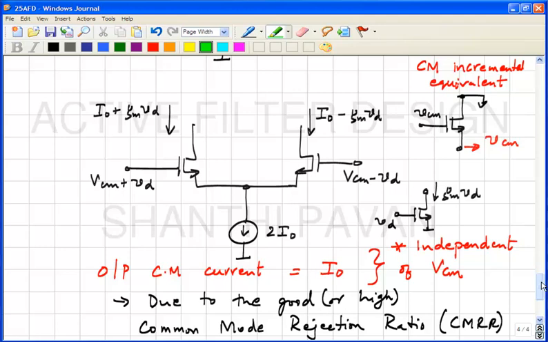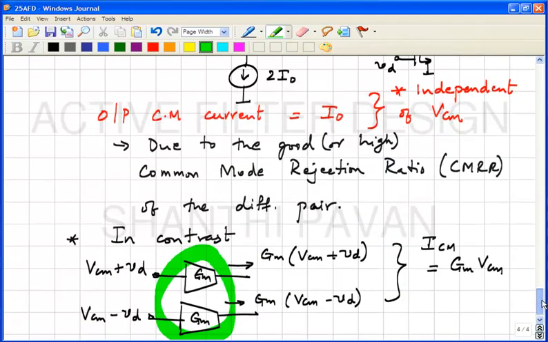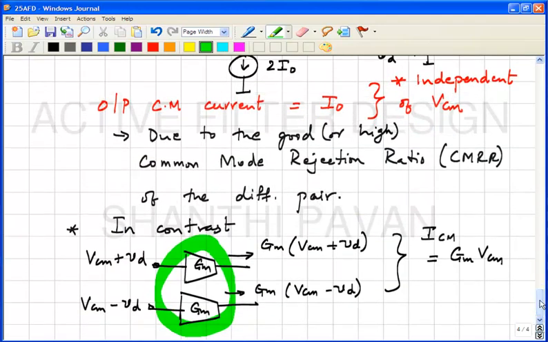What operations are involved when you want to subtract the two currents? You have two voltages and you have two currents. Okay. In the single-ended case, when you take two identical single-ended halves, you are converting each voltage into a current and then taking the difference. Whereas in the differential pair, what are you doing? First you are taking the difference and then converting that difference into a current. Right? Once you find the difference, the common mode is gone. Correct? So you are converting this difference into an output current. So presumably the output current cannot depend on the input common mode. You understand? This is the fundamental difference between the two.